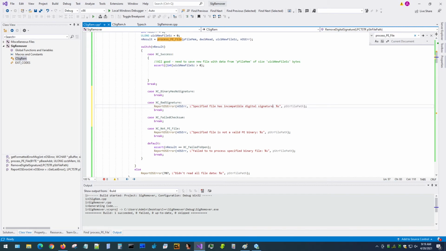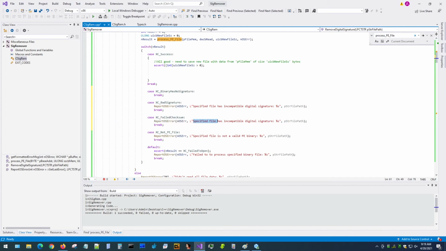Okay, and here we would say failed to compute a checksum on the new file. Okay, and lastly,